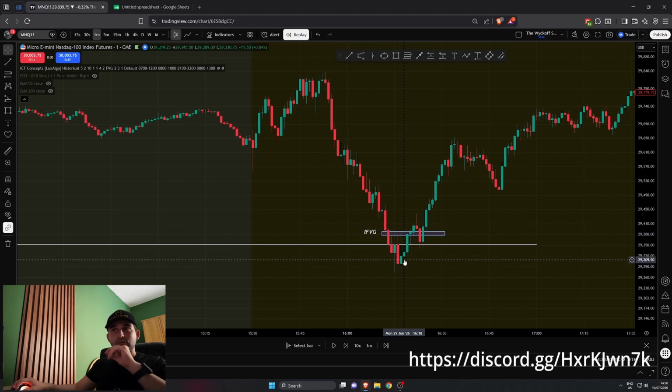Afterwards price started to go higher. This small price action here